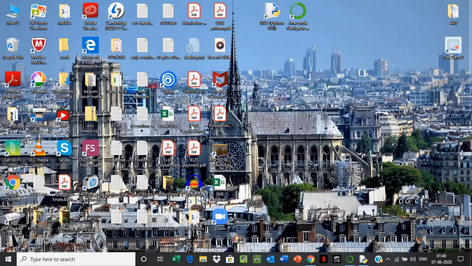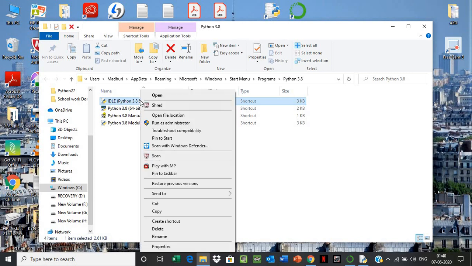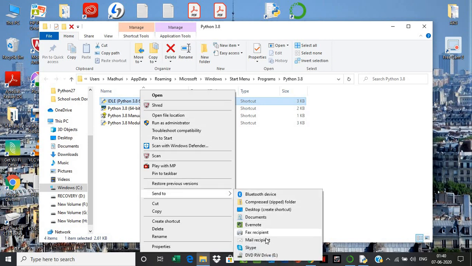open file location. You see this IDLE, which is the integrated development and learning environment. Where you type, it will open the command line. So you right click here and you want to send it to the desktop, so send to desktop, create shortcut.